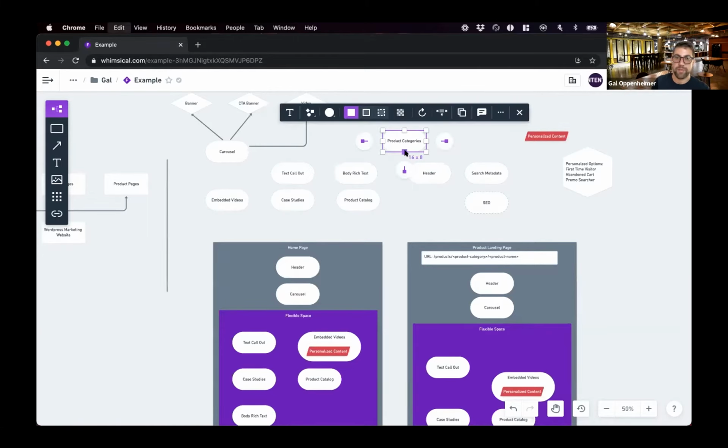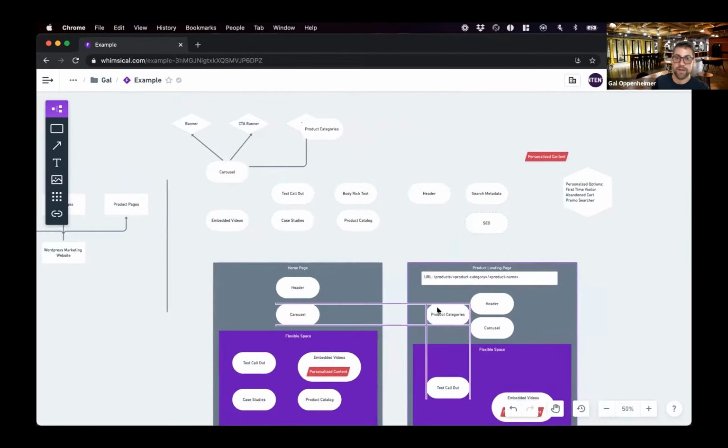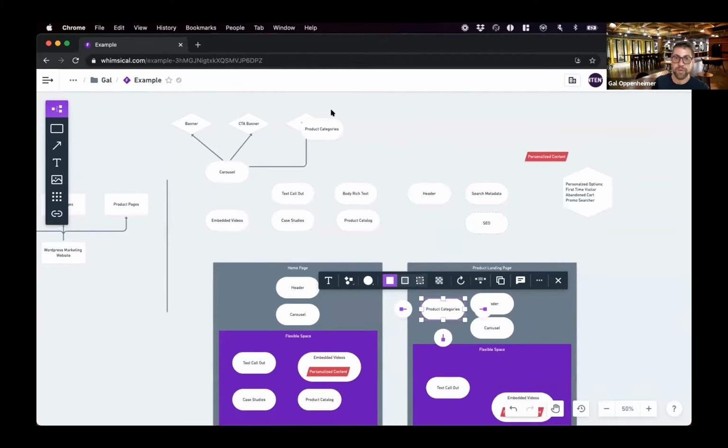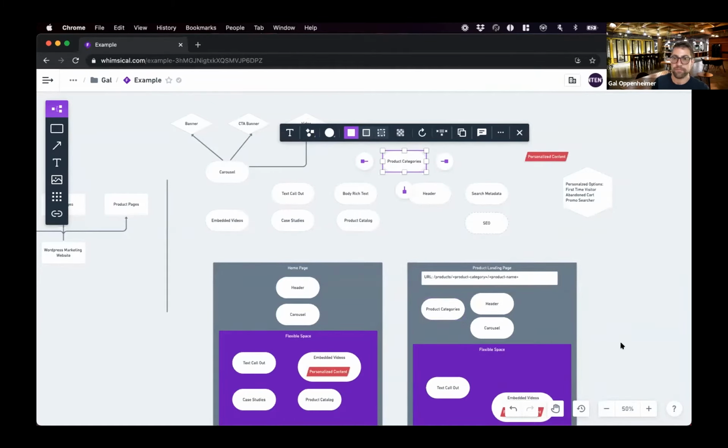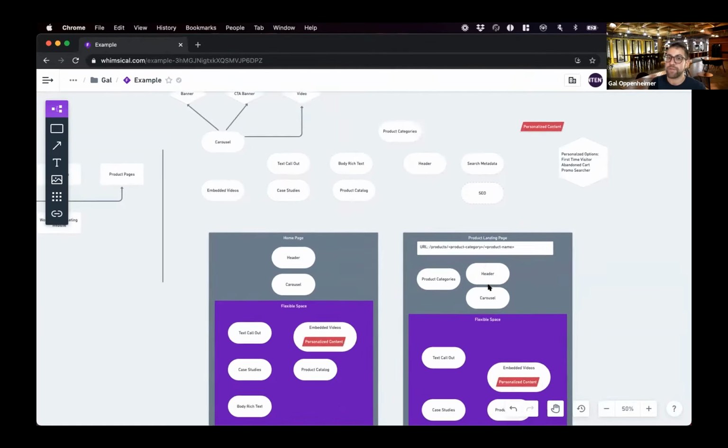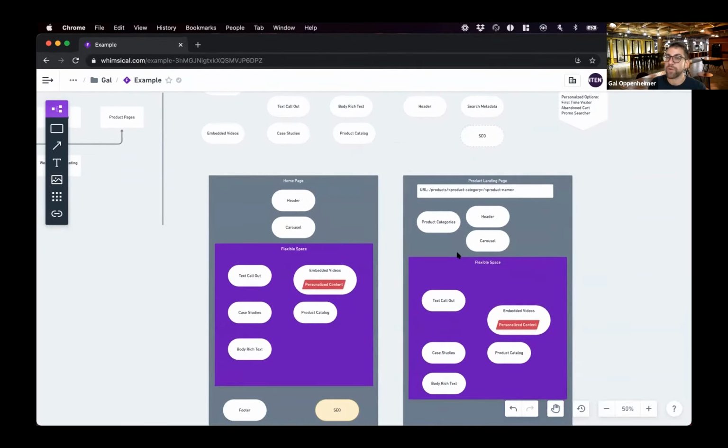And now as I'm creating my page, I can define which product category it should be a part of. And this automatically builds it out. And so that's, I think, where the real savings in this sort of modular approach to development is, that all of these elements are coming together.